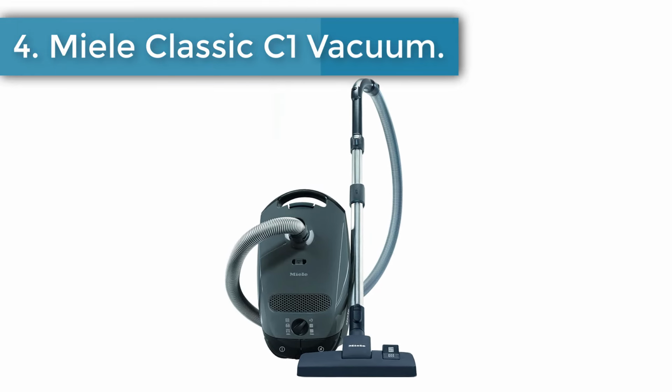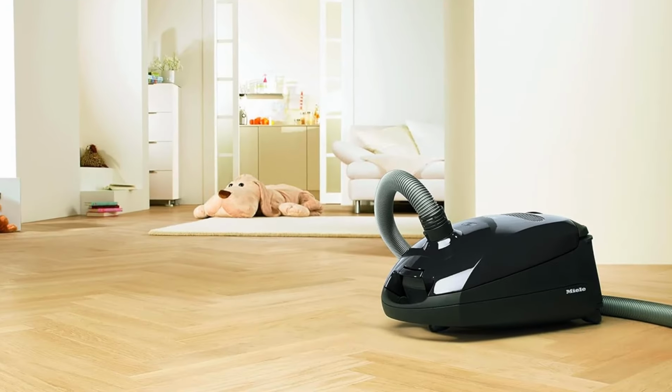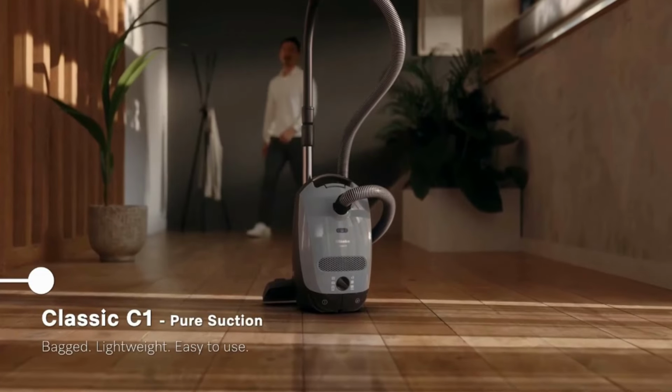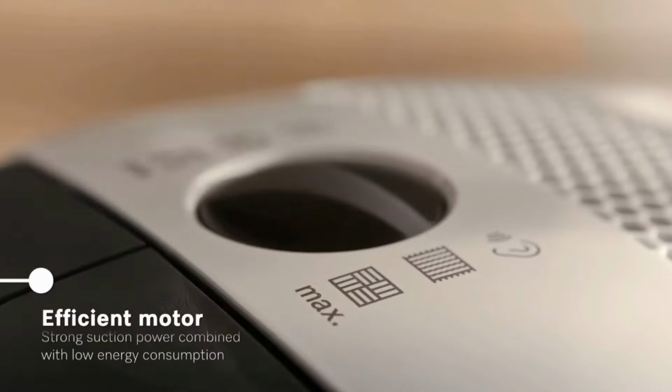Check out the Miele Classic C1 if you want a mid-range corded vacuum. The pure suction model is much cheaper than even entry-level variants of the Miele Complete C3 but still has the same 1200 watt suction motor, which has little trouble drawing up material embedded deep within crevices. That said,